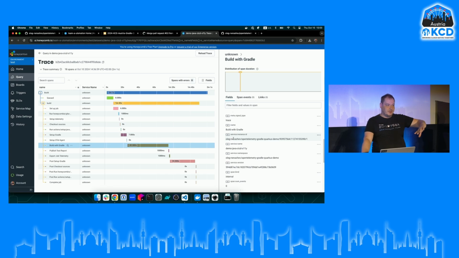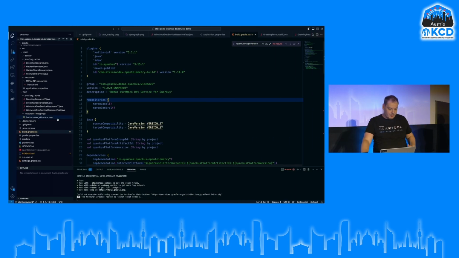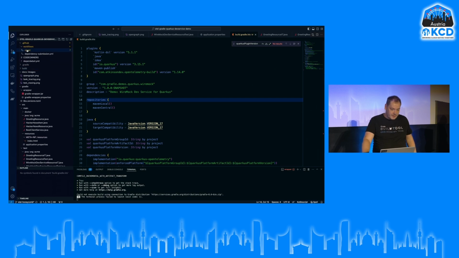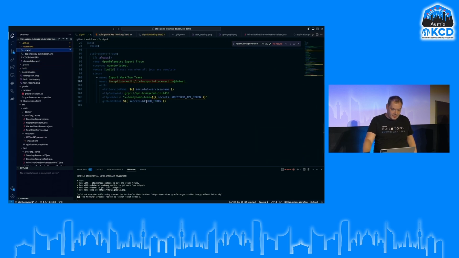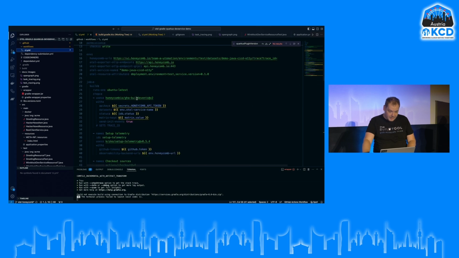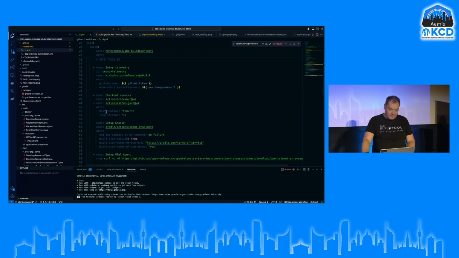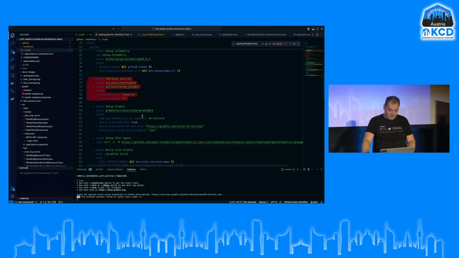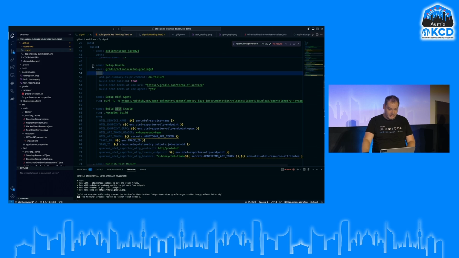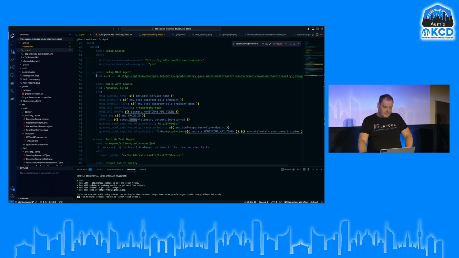What happens next? We actually need to build our project. For that, if we go back to the code, to our definition of the CI workflow, what we will be doing there, we will check out sources, of course, and then we will set up Gradle. Gradle needs additional environment, etc., build caching, so it's integrated into the setup Gradle step. We do not have to do it here. And then we basically execute the build with Gradle.